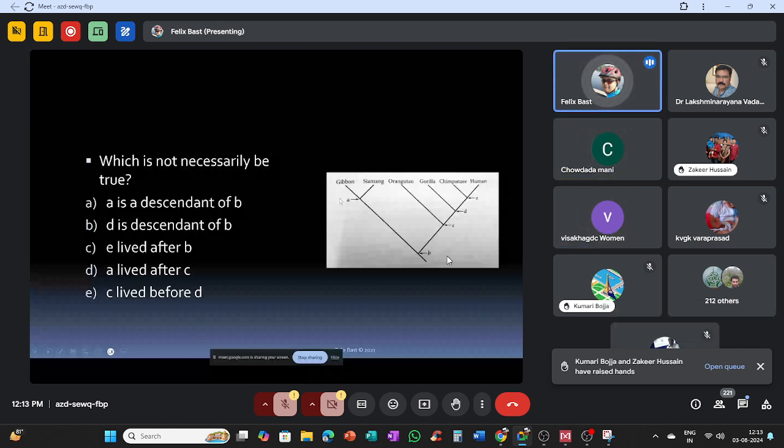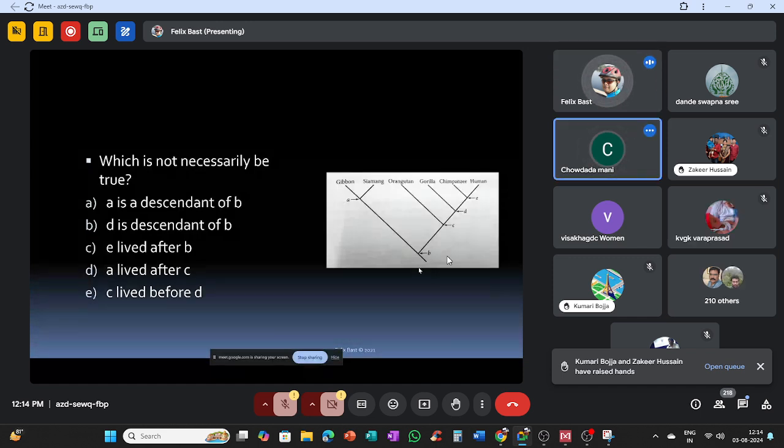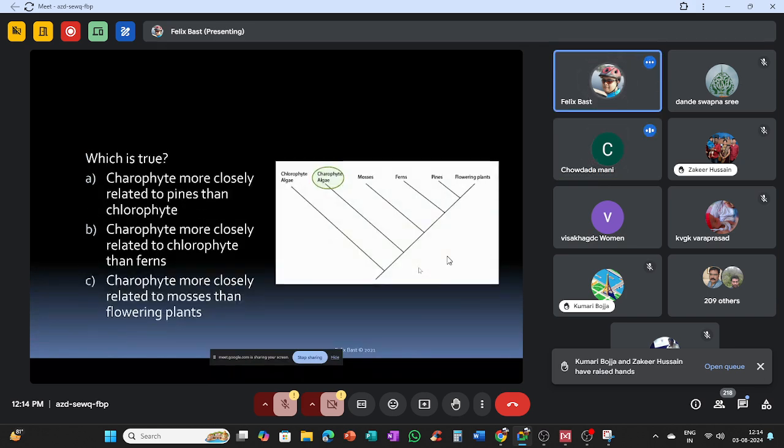Correct. These are in different branches, like A and D or A and C and all. You can never make any comparison. But within one branch, you can make out which is ancestor and which is descendant. I explained this in one of the previous slides. So this is also very important while interpreting the tree. Okay, and yeah, so now